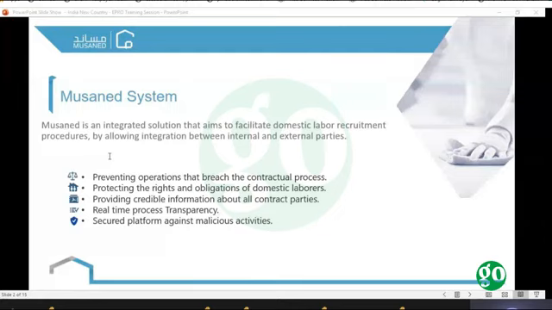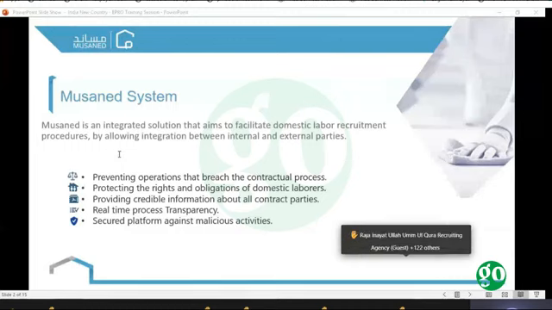Having this process automated has resulted in many benefits, including preventing operations that breach the contractual process, and protecting the rights and obligations of all domestic laborers and workers.